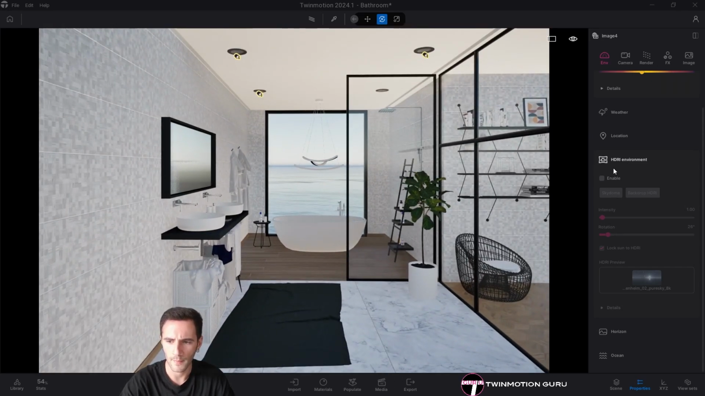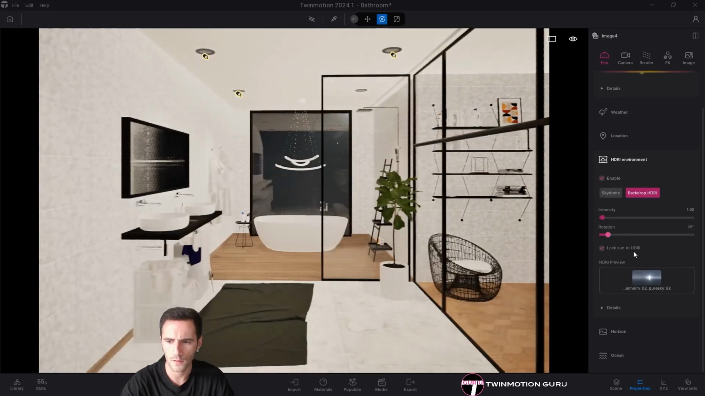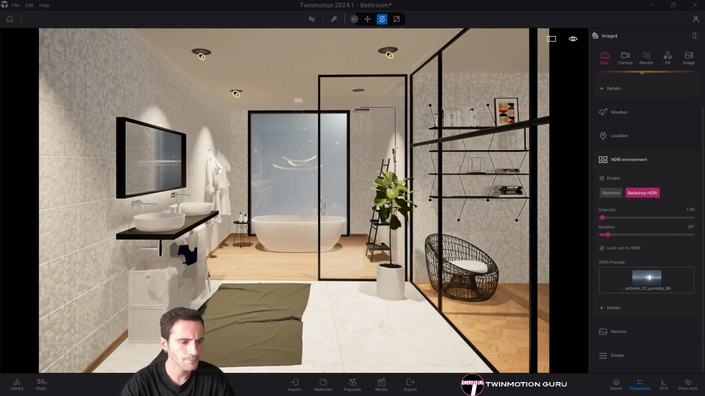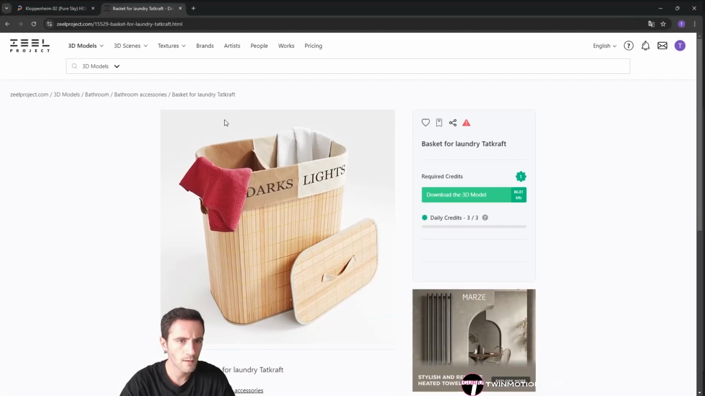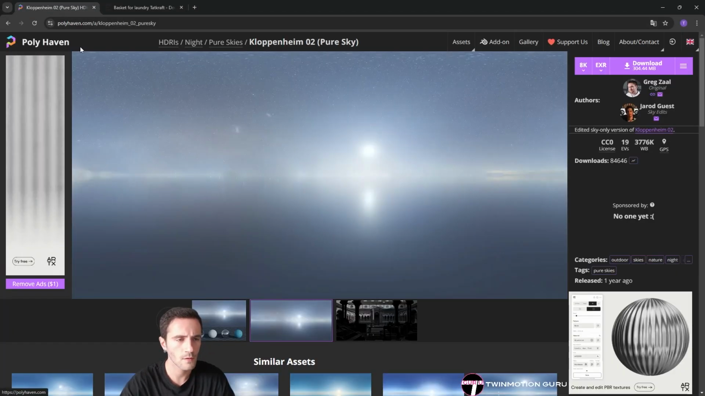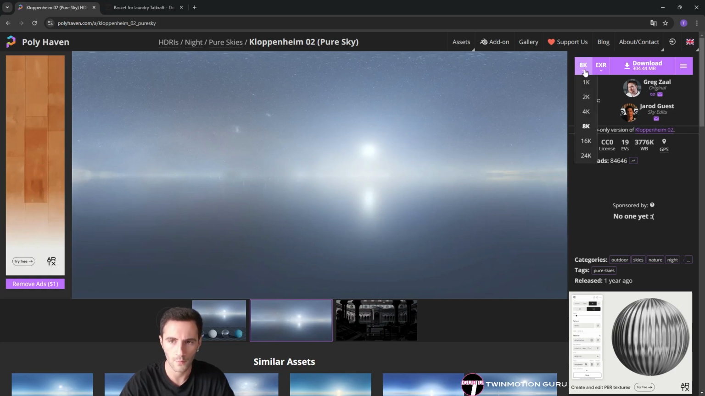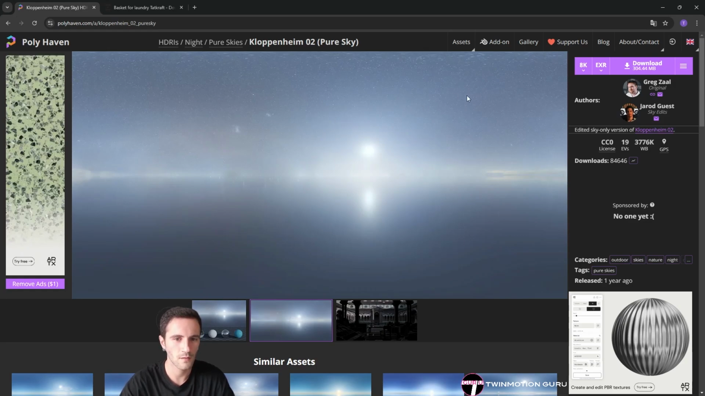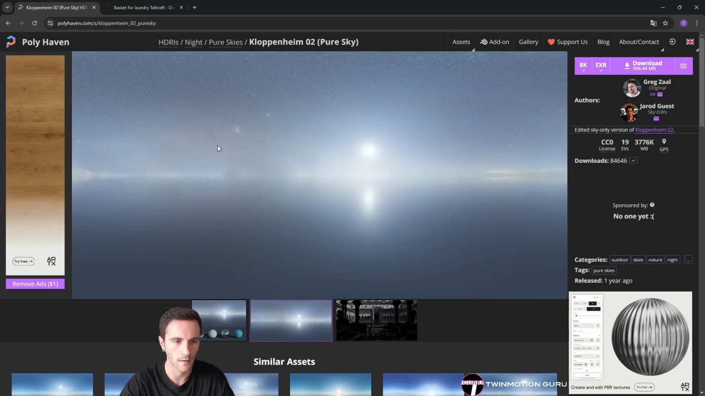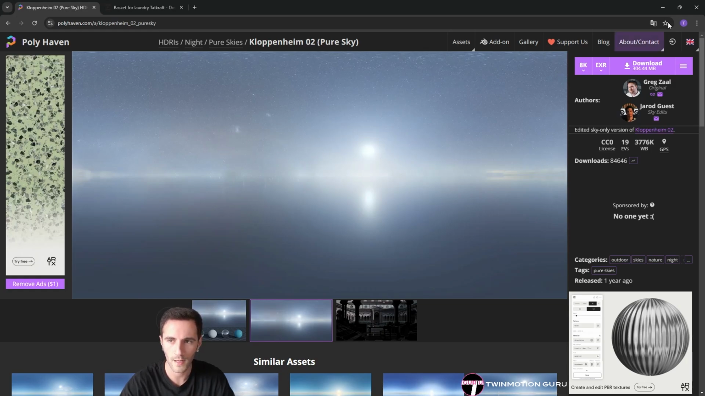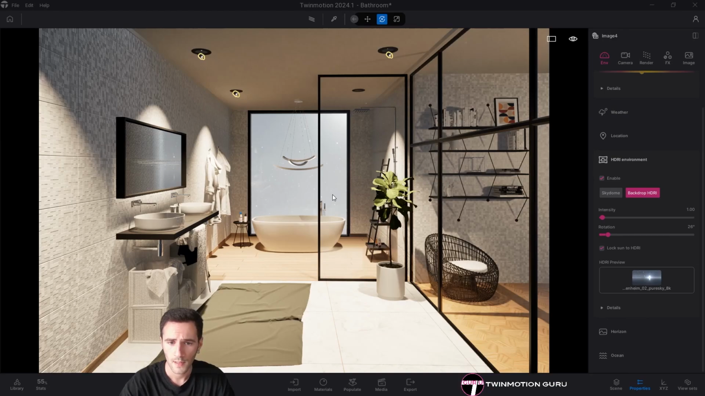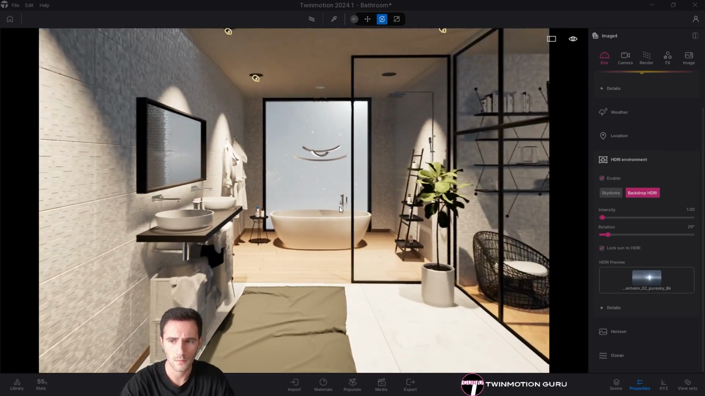For the environment HDRI, I'm using a backdrop from the Polyhaven website. This is a pure sky HDRI from, of course, their library, downloaded in 8K resolution, only because I want a high quality sky. Here, as you can see, this sky is really bright, but I will decrease a lot its intensity values. And here, as you can see, this is the